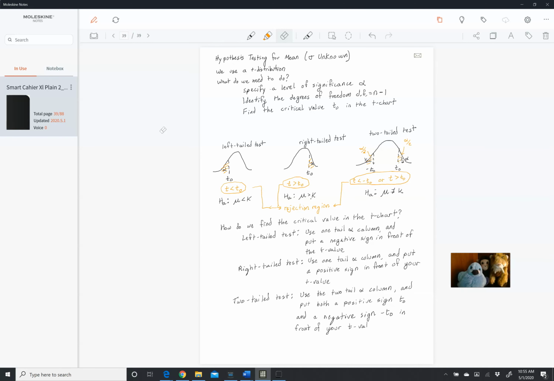So I'm gonna remind you of what the t-chart looks like, and then we're just gonna do some examples of